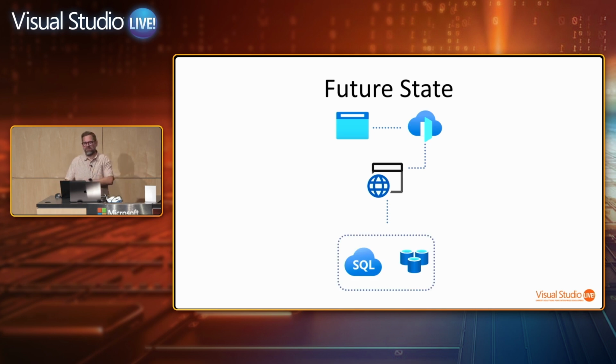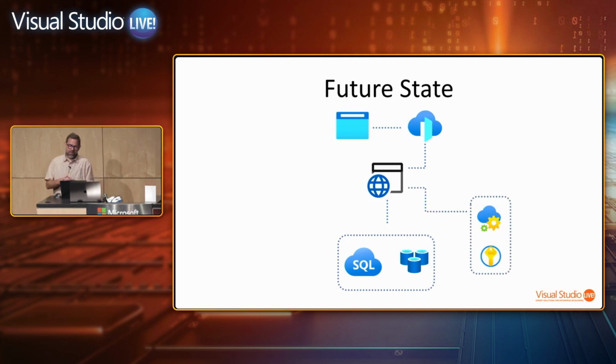Data, both Redis cache and our SQL Azure. This next one is neat in that we can have Azure App Configuration, which is like our app settings, but in one spot. That way, if we have multiple things, in this case multiple web apps or Azure Functions, they can all hit app